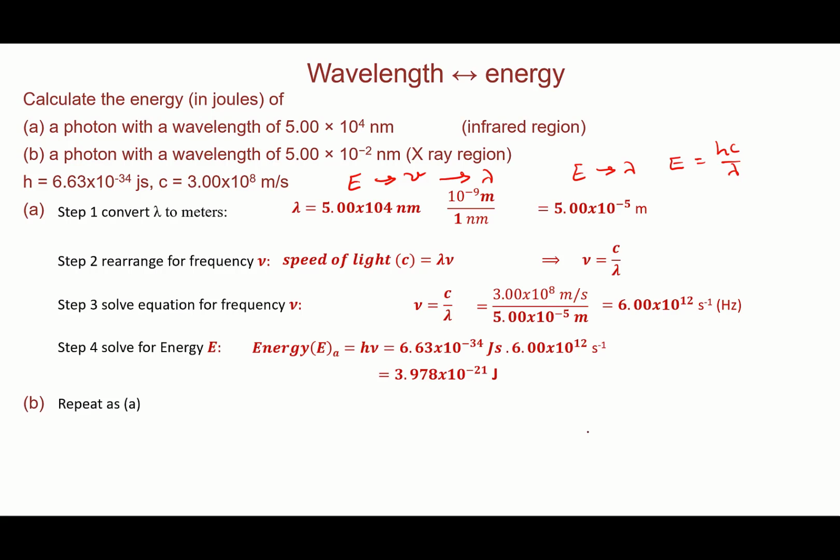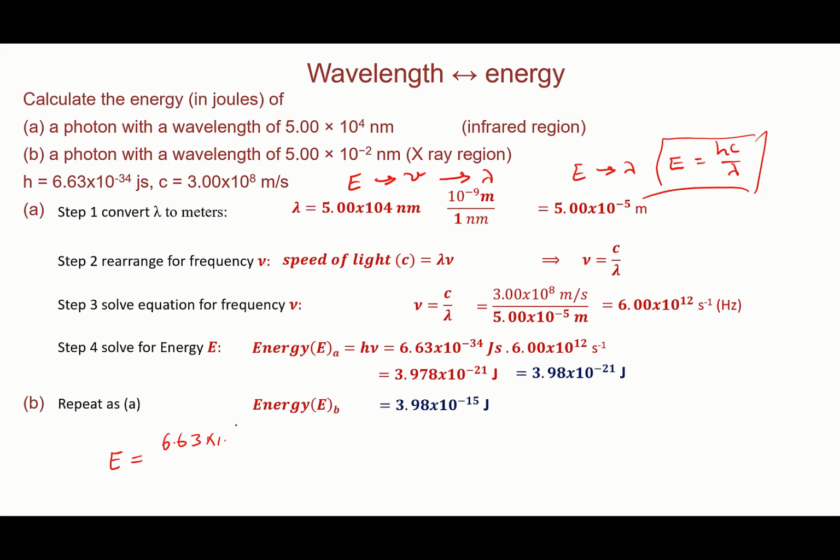And if you round it to the right number of sig figs, it should be 3.98 times 10 to negative 21. For question B, that's basically repeating the same 4 steps and get the final answer of energy in joules. And in this case, it's going to be that value right here. But as I said, we could probably save a little bit of time if we don't do it step by step. If we do it directly using this form of Planck's formula, we can directly find energy to equal h,